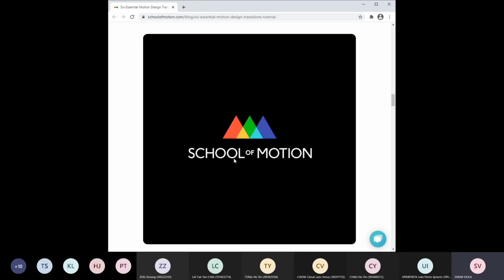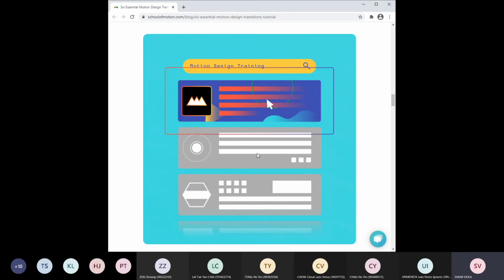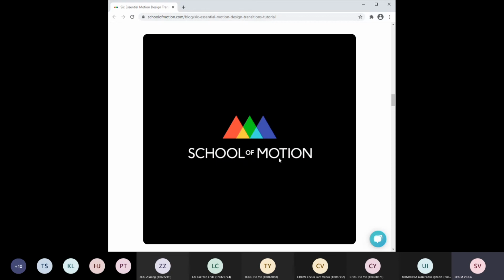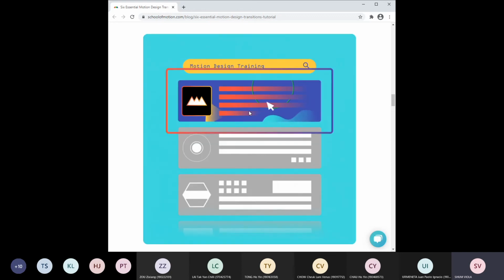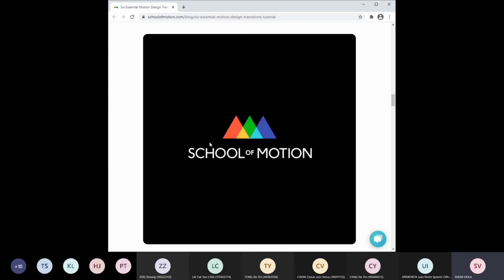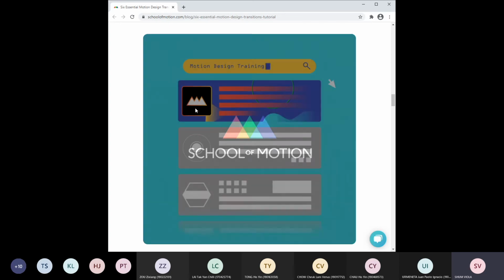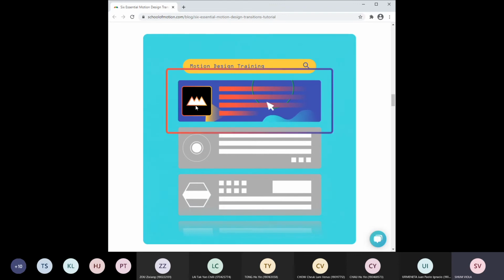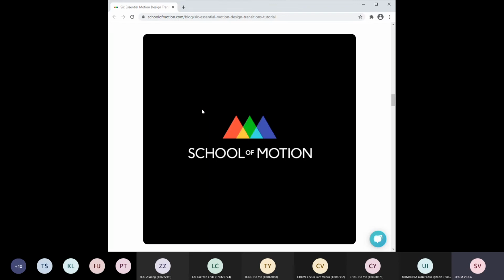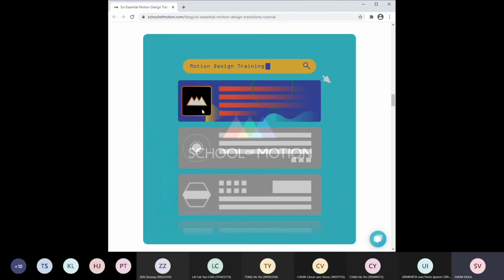sample of using the dissolve, okay? The dissolve, you can tell, is from an interface of a computer and then turns into the one with the logos on the black screen, okay? So you can see the transition is called dissolve here. Why are we using the dissolve here? Because you can see that the content is completely different.